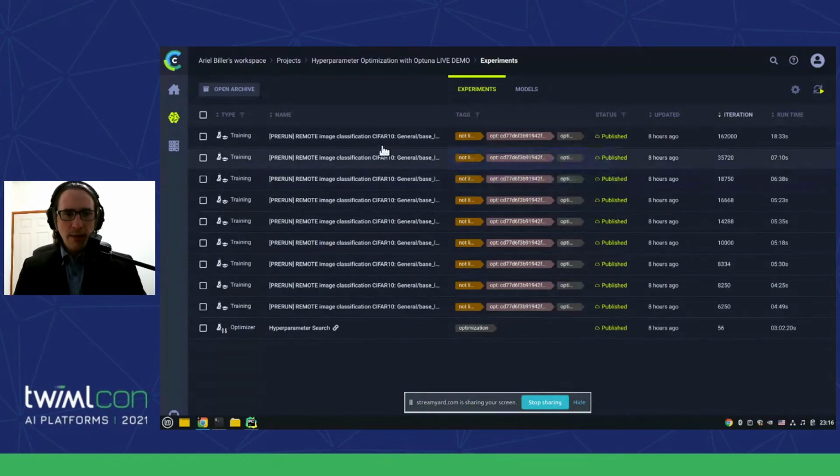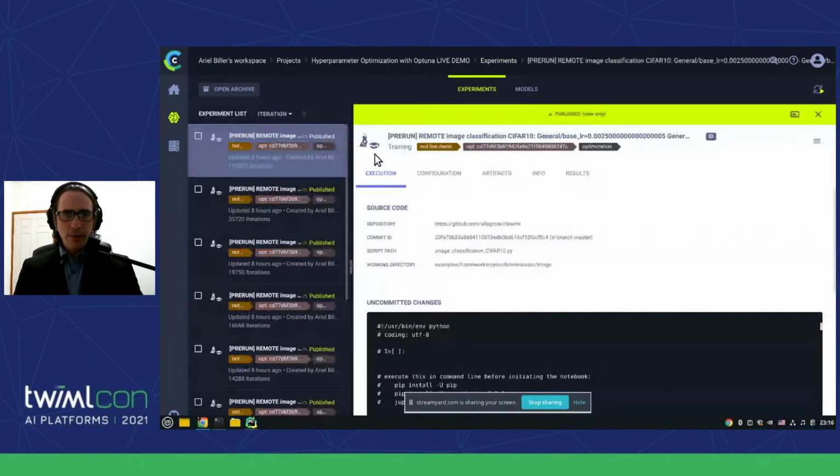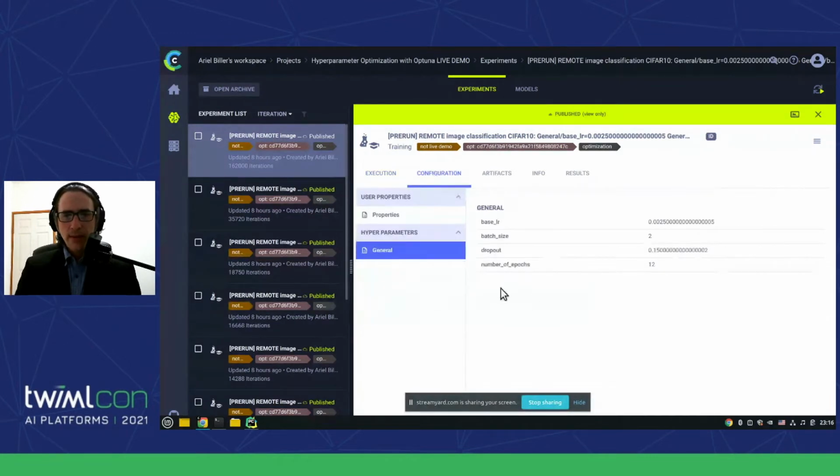Now, when you pick an experiment, you get the card view over here. That's a very space-optimized version. But what you get here is a drill-down view that can get you down to the image level of the experiment. And what do I mean by that? First is the execution tab, and we'll go into it later because we need it. But just note here that it holds information about how to reproduce the run. Then the configuration, all the hyperparameters, and it's really easy to put them in here. Sometimes it's about zero integration effort.